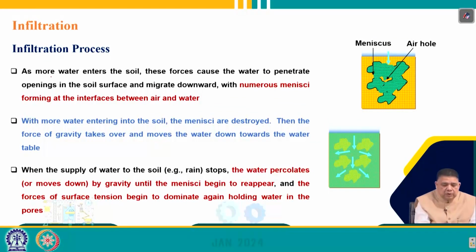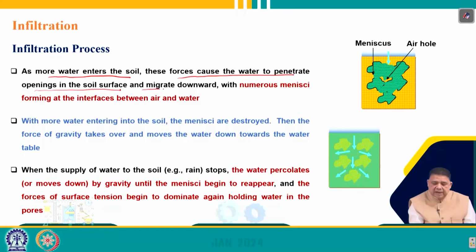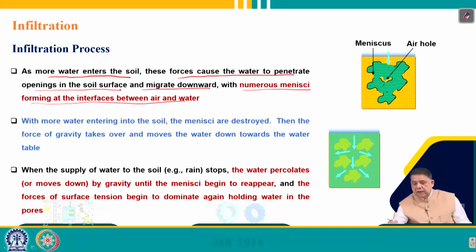Now, as more water enters the soil, that means if the precipitation continues, these forces cause the water to penetrate openings in the soil surface and migrate downward, with numerous menisci forming at the interfaces between air and water. So, as you can visualize that, where if more and more water comes, because of capillary forces, more and more water will be entering the soil surface, and obviously it will be filling the soil pores, but because there are